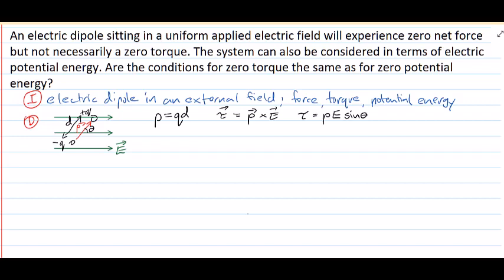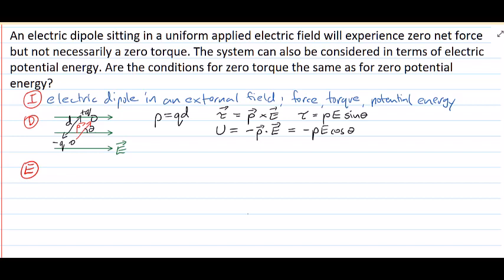We can also think about this in terms of electric potential energy. If you go back and look in the notes or in the textbook, you'll see that's the negative of the dot product of those two vectors, the electric dipole moment and the electric field, and that is a scalar quantity equal to P times E times the cosine of the angle between those two vectors. That's the dot product between any two vectors. Now with this information, we should have enough to go to our evaluate step